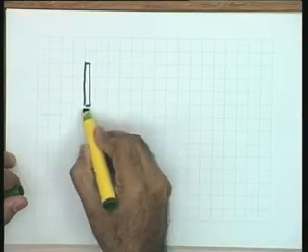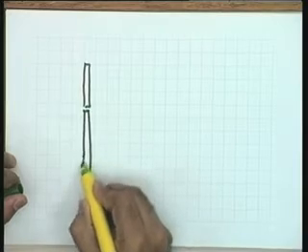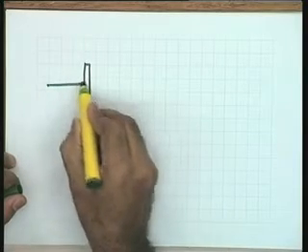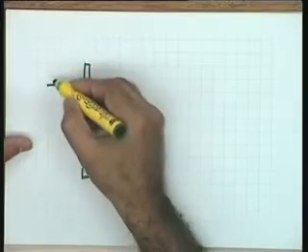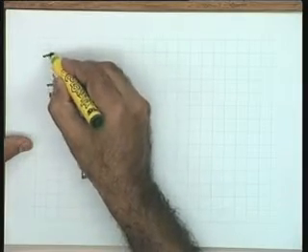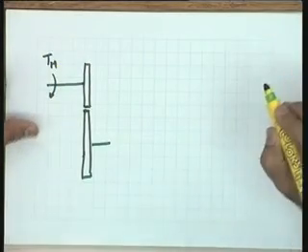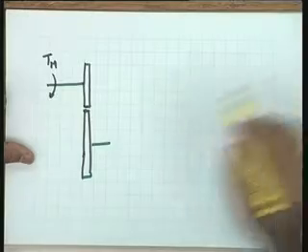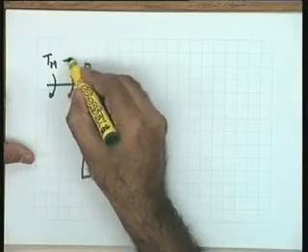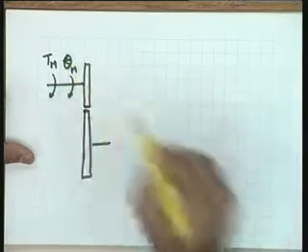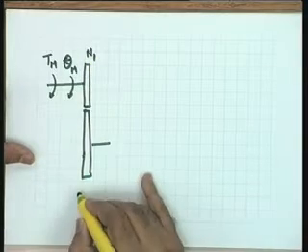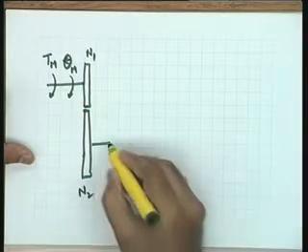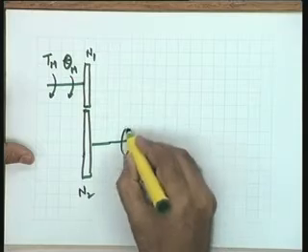A set of two gears I am taking. If the gears are more than two, accordingly you can generate a suitable transfer function model for the gear train. Let us say that Tm is the torque generated here, the motor torque, theta m is the position, N1 number of teeth on this gear, N2 number of teeth on this gear, and here is a load.